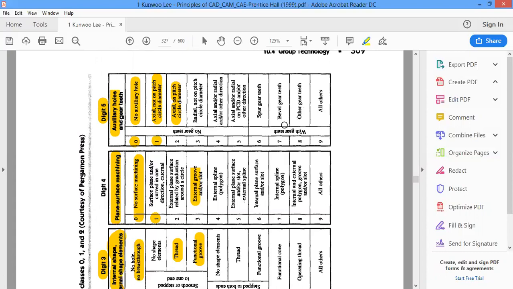Later on, if it's a spur gear, it is 6, bevel gear 7, and any other gear teeth, worm gear, and so on, 8. So the part may look similar, but they may have different features like this. Each one is determined by giving these codes, checked from the chart given by the designer. These are the 5 digits in the OPITZ coding system.